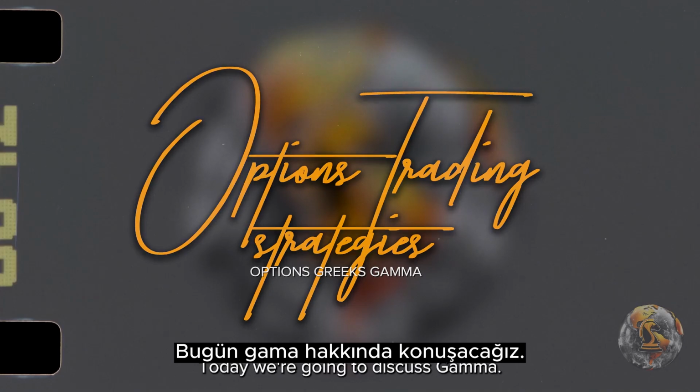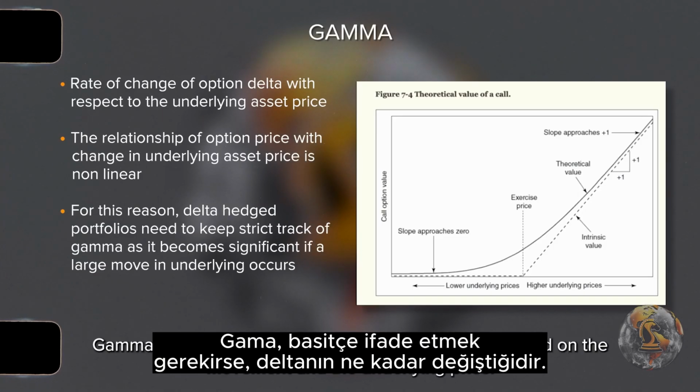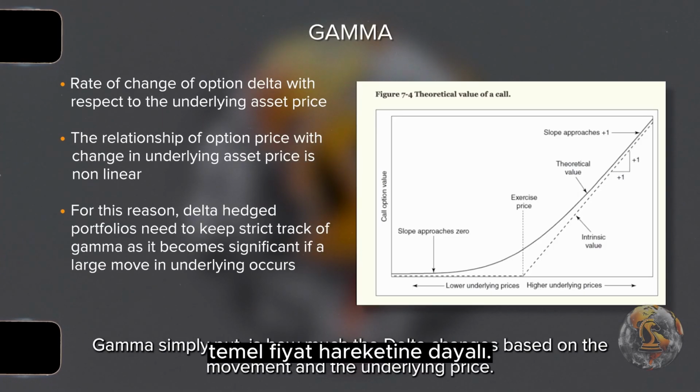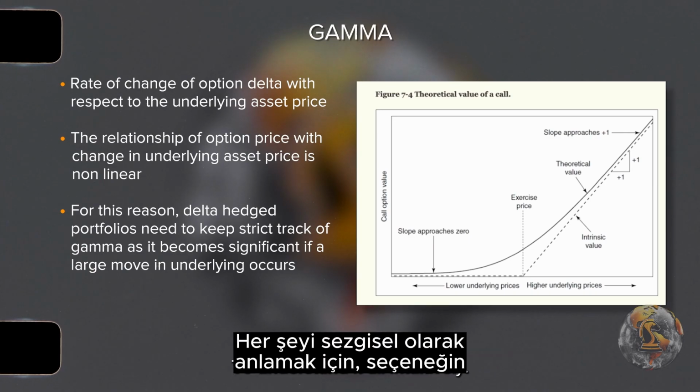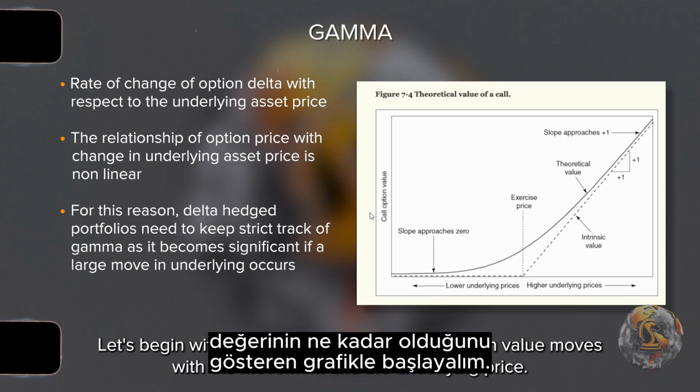Today we are going to discuss gamma. Gamma, simply put, is how much the delta changes based on the movement in the underlying price. To understand it all intuitively, let's begin with the graph of how much the option value moves with the movement